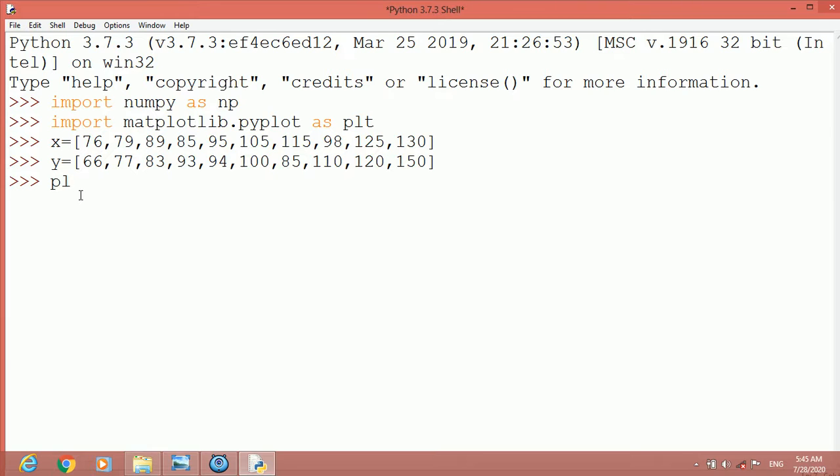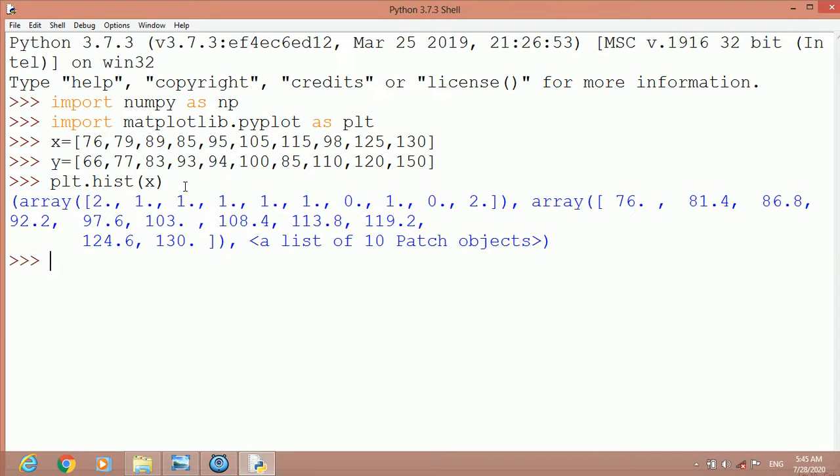So we write plt.hist, and in parenthesis what we want to show. x we want to show, the x value. So let us just press enter. Don't write the bins. By default it takes 10. Okay, now you can see here the array on the y axis and the array on the x axis, the data to be displayed. So it can take values from anywhere and display. So 1, 2, 3, 4, 5, 6, 7, 8, 9, 10. Here is given a list of 10 patch objects. I told you, 10 bins by default.